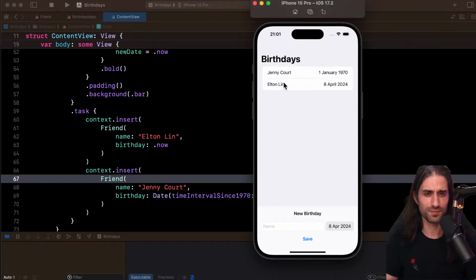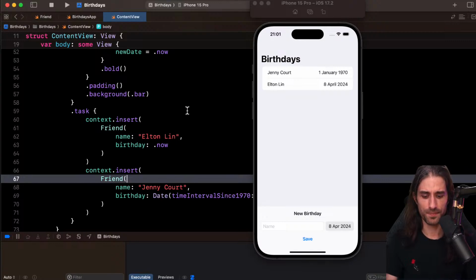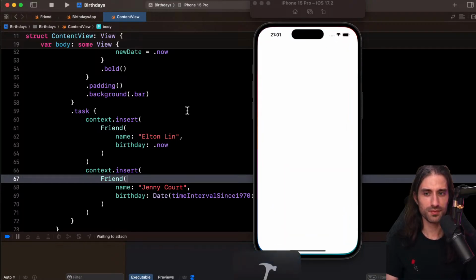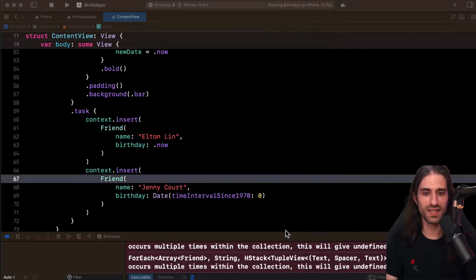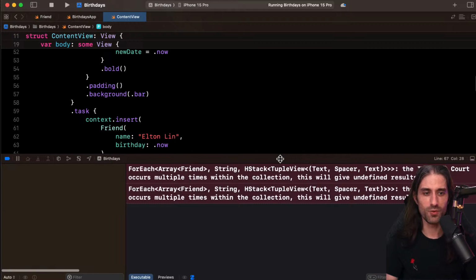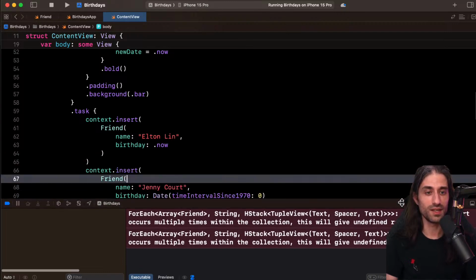So you can see we have the data being here. And if I relaunch, of course, since the task is running every single time, new data is being added again. And we can see that we have a problem because now in the list, we have several pieces of data with the same ID. So that's a problem.